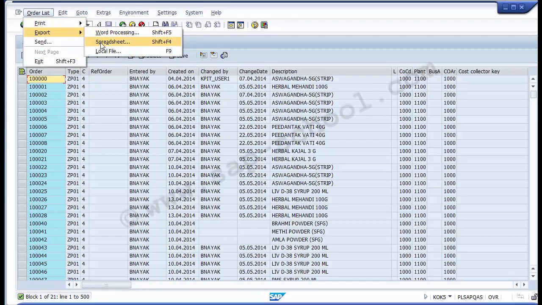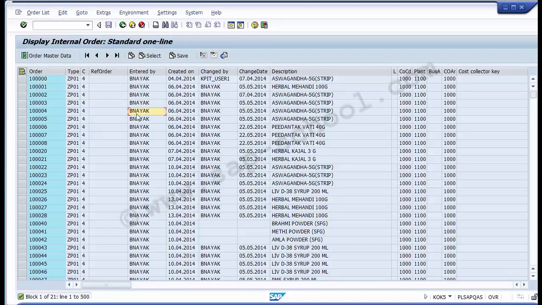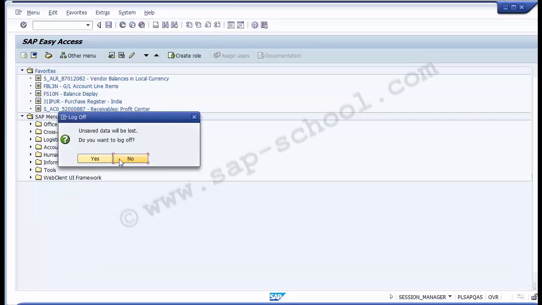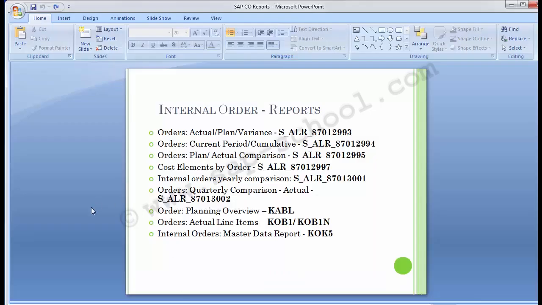Once you click onto the spreadsheet, it will take the data to the spreadsheet, and you can use it for further processing or further requirements of the organization. So this is how the internal order master data record is taken up, and this is how we have gone through the different internal order reports,